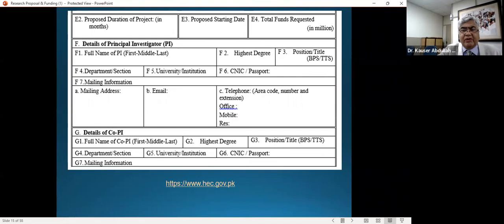So one of the things that is encouraged in all these proposals is evidence of collaboration. You see, we want collaborative projects between different labs, different institutions, and their participation has to be spelled out very clearly, what they will be doing. It is not only a formality, but it has to be shown that if you are collaborating with another institution, we should know what kind of work will be done there and what work will be done by the PI.